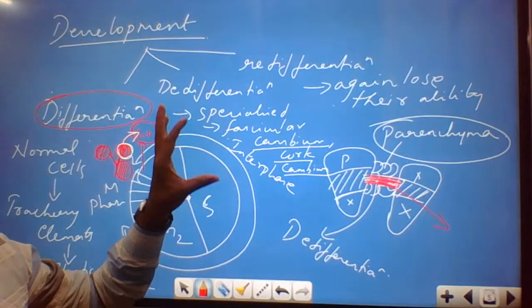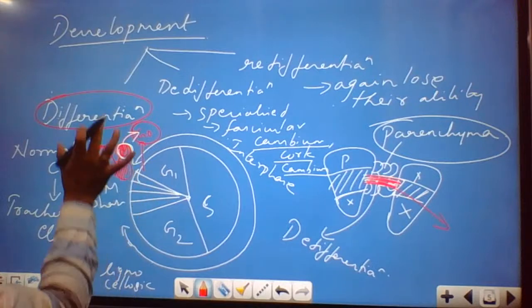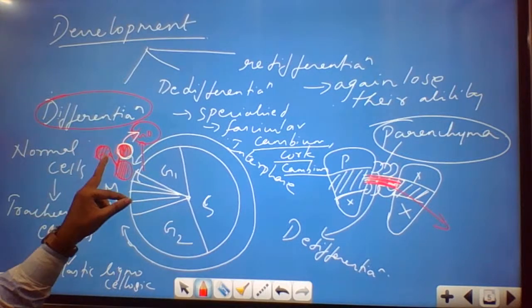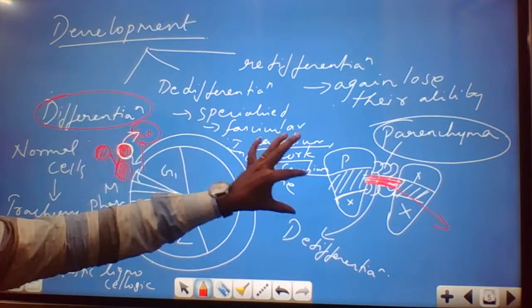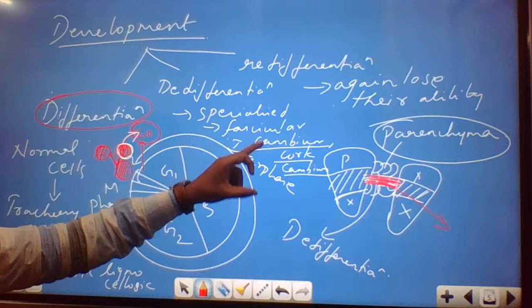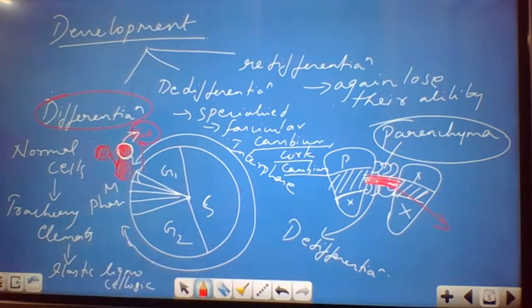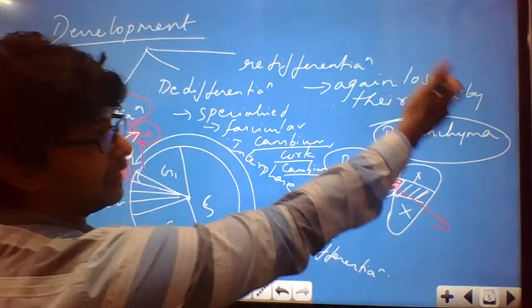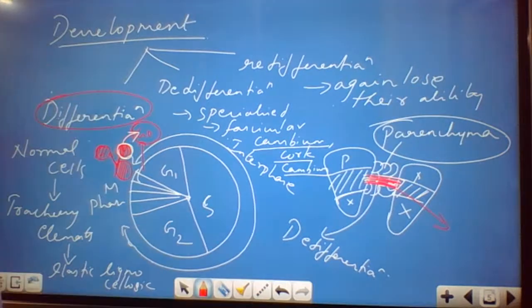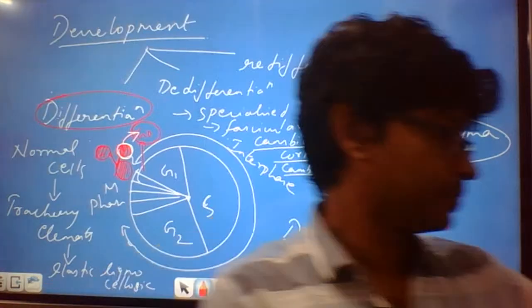The concept is very simple. The normal way the cell divides and specializes is called differentiation. Once the differentiated cells become specialized cells, for example going to the G0 phase and forming parenchyma cells, then forming the cambium or cork cambium, that is de-differentiation. Once the de-differentiated cells start losing their ability and again start forming another type of cells, for example meristematic tissues, we call this